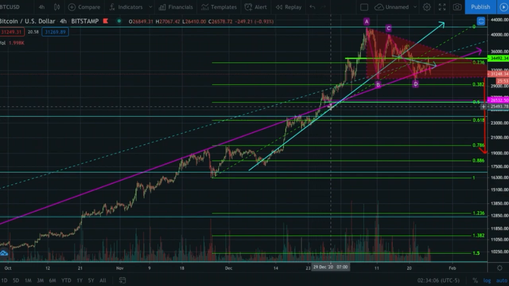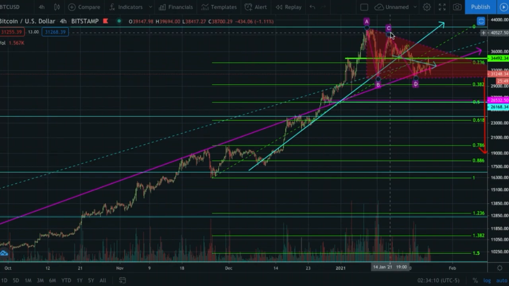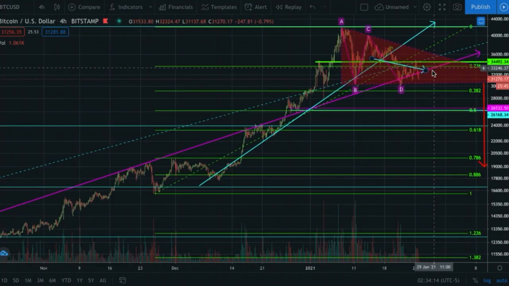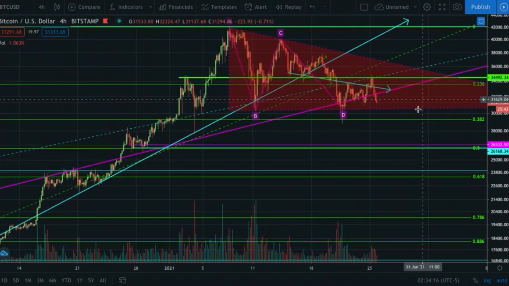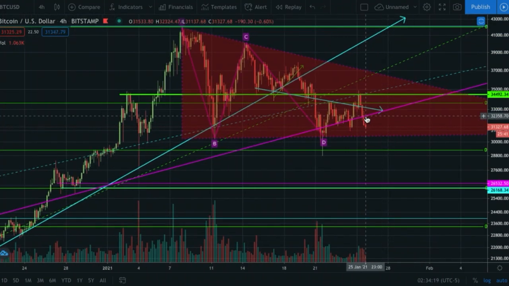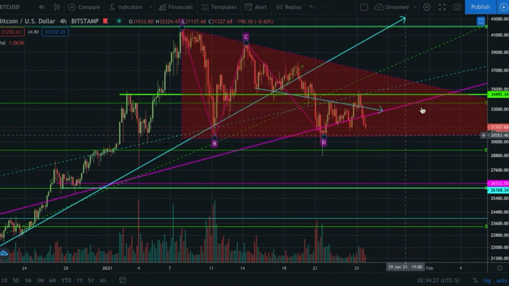We broke above it, found support, broke above it, found support, broke above it, found support, broke, lower high right here, came back down, found support, and we just broke down from it. After we broke down from it, we just retested it for resistance. So again, I would expect us to come back up after we bottom out right here, assuming this triangle doesn't break. Retest back up. Once again, we could break above it.